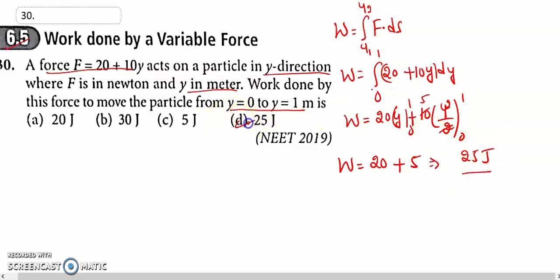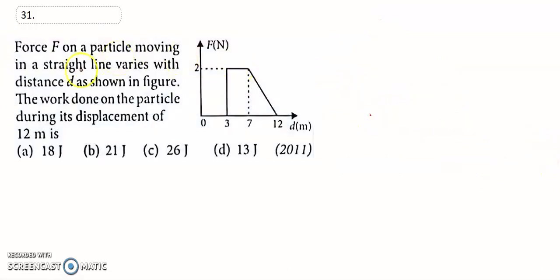So which option is right? Option D is the right answer for 30. So let's move to 31. What is 31? A force, in a straight line, varies with the distance as shown in the figure. So what is the question asking? Work done. To calculate the work done from the graph,